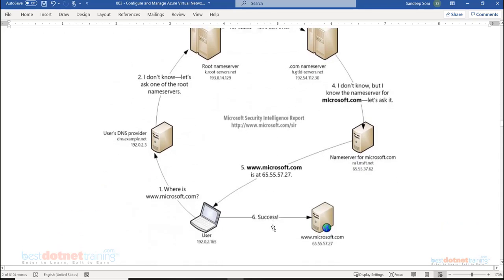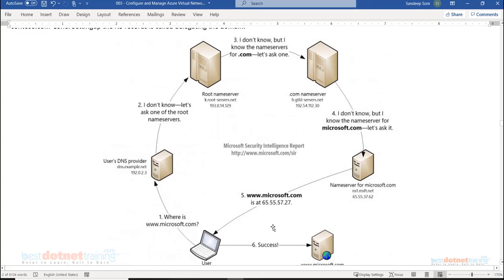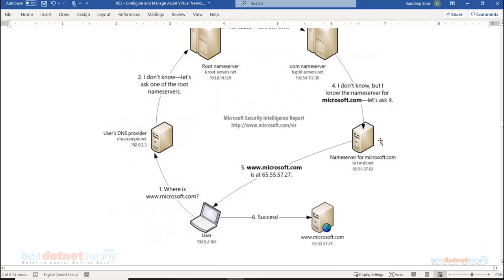So understand there are two different angles. I am repeating this point. One is the DNS server which is there in the network where my machine is, and my machine is always going to send a request to that DNS server for any kind of domain name to IP address query. This is for the end users. But the person who is hosting the website will have to buy a domain name and create record sets. DNS records have to be created, can be an A record or a CNAME record, and these records are created in the name server.